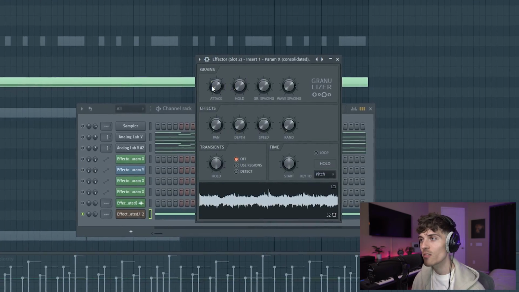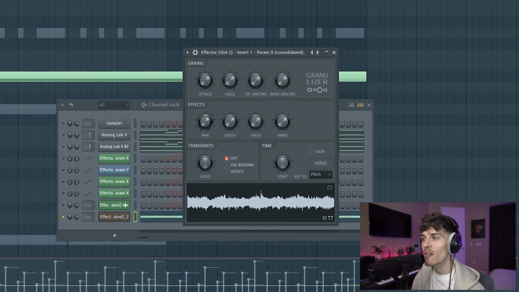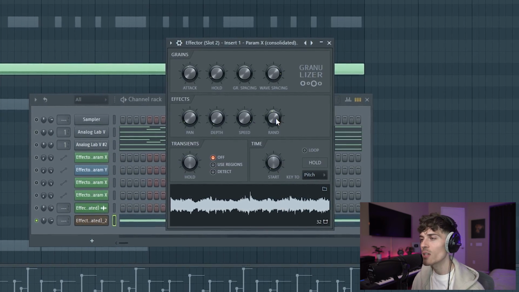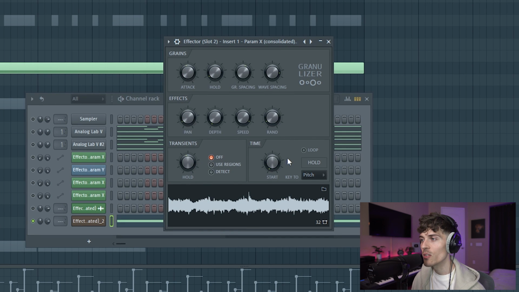have the processing for the grains that we have, and then we have effects like pan, different types of depth, speed, and randomness for modulation and stuff. And then you could go down here, even have a hold knob, and you could choose what you want it to do and where you want it to start. So if we wanted the sample to start here and we press hold and then we press play,